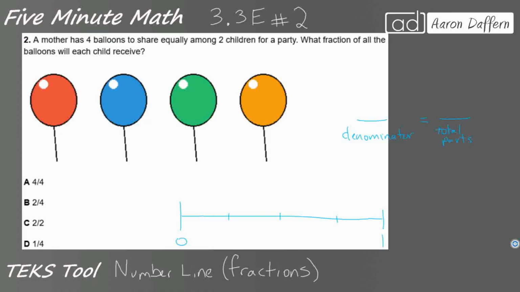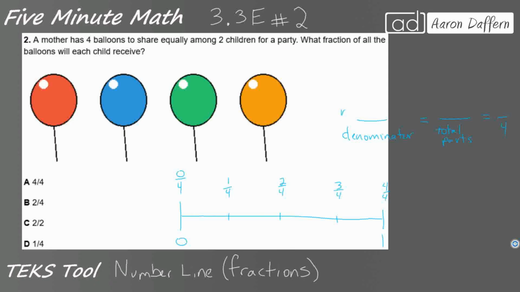Now we can label this, and if we wanted to turn this 0 into a fraction, we can actually say it's 0 fourths. And then we can say this very first point is 1/4. That's 2 fourths. That's 3 fourths. And that's 4 fourths, or 1 whole. Now, the reason I know that is because our denominator is 4,